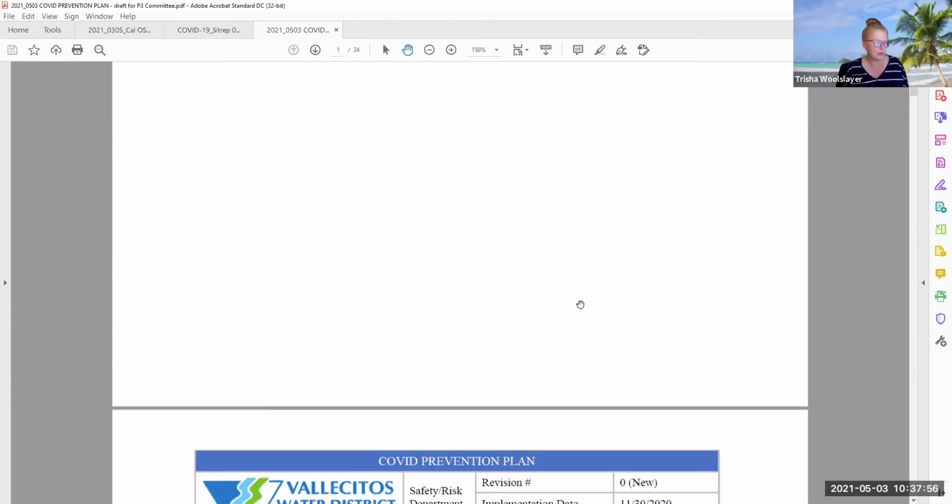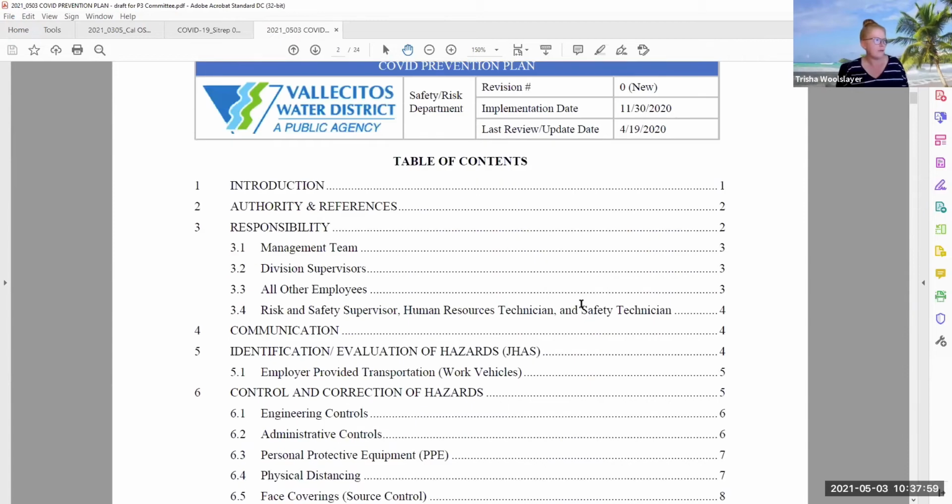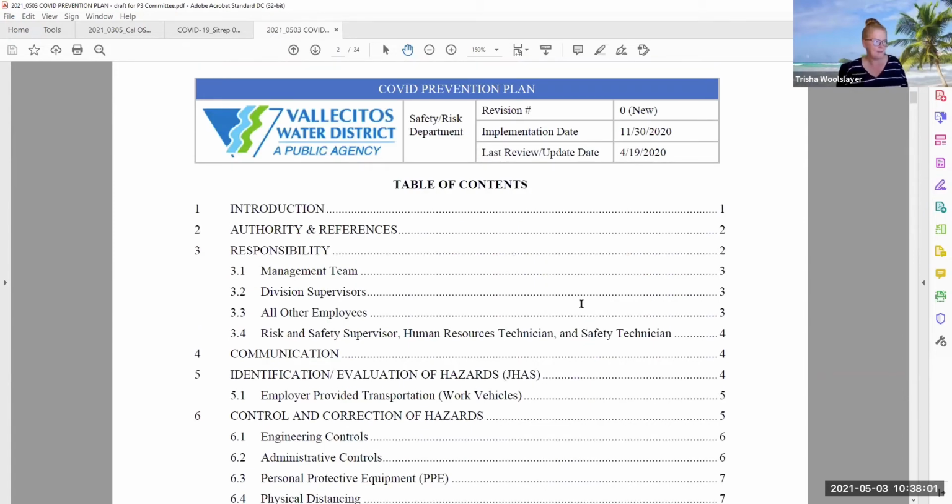So anyway, that's the COVID prevention plan you can see on my screen. I'll try not to give anybody vertigo by scrolling around, but here's the table of contents. The table of contents is pretty much mandated by OSHA. I mean, they don't say you must have a table of contents that says this, but they pretty much give you the outline of what the plan is going to be. So there's not a lot of thought other than should we organize it to make it more succinct in some way. The main thing for me in any safety plan is that we write it so that it's easy for employees to understand, it's as easy as possible to follow, and then also that we meet the compliance